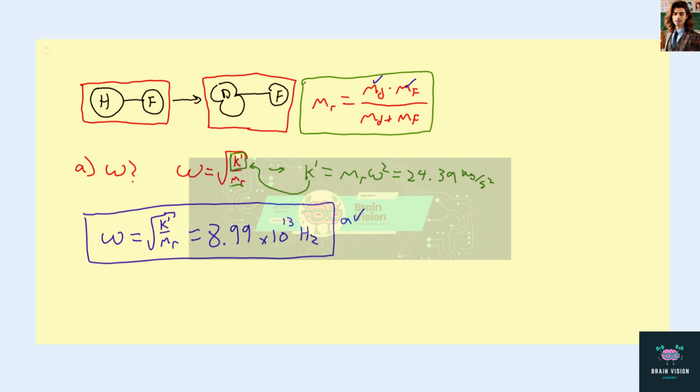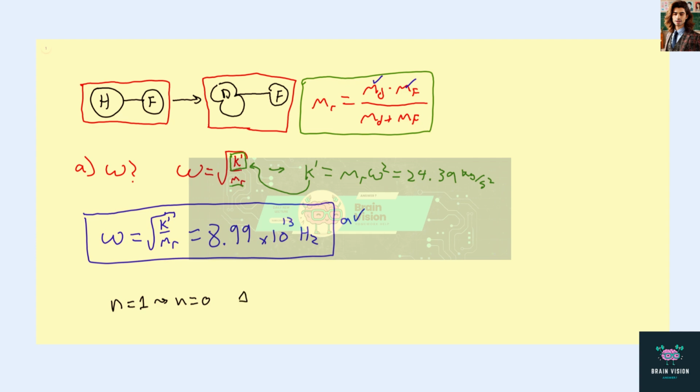So if you go from a vibrational level n equals 1, and let's say you go down to n equals 0, so you emit a photon because of this,